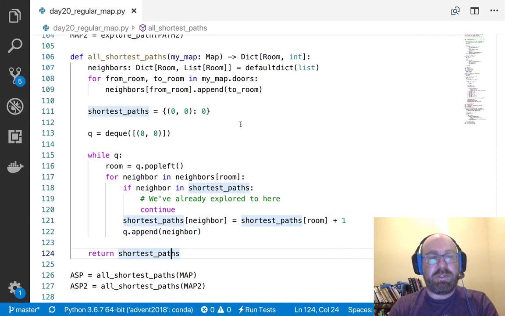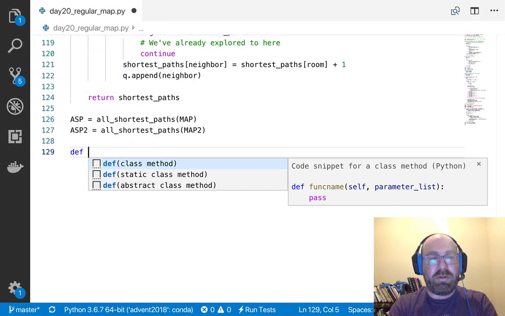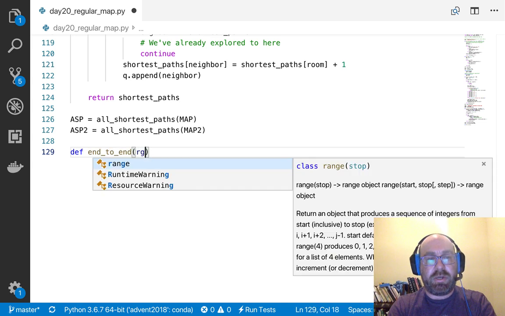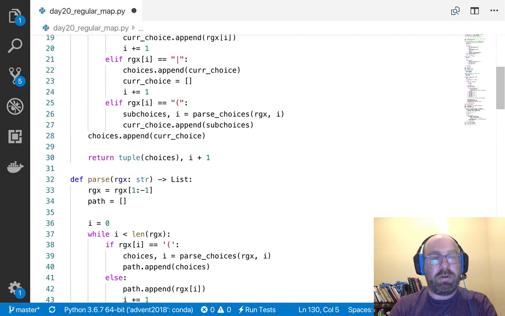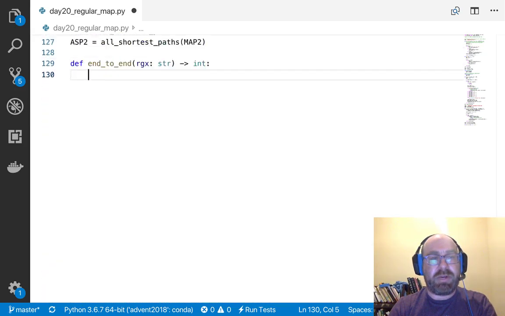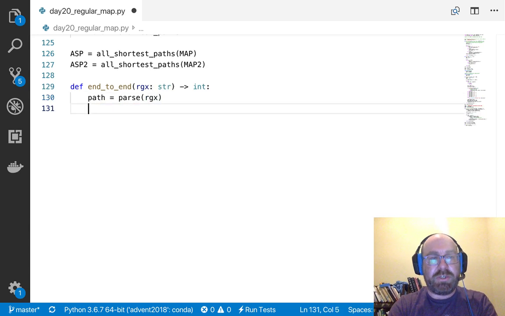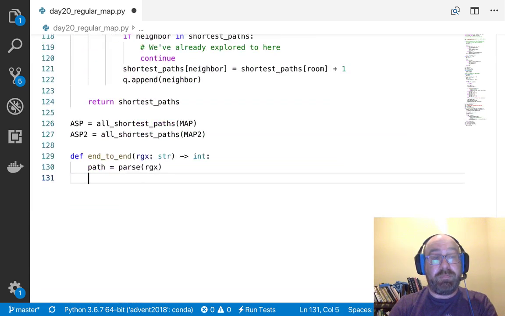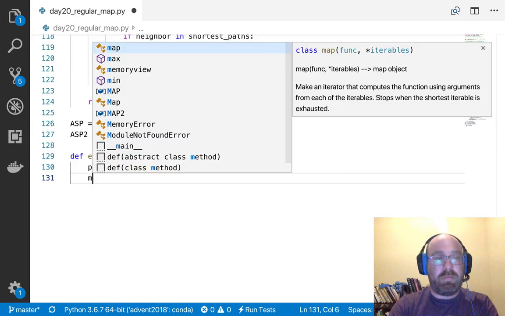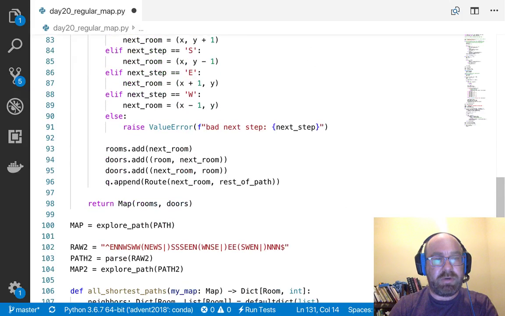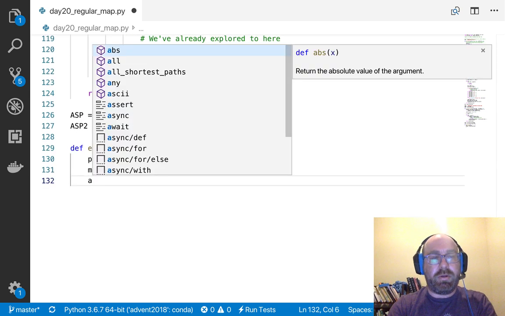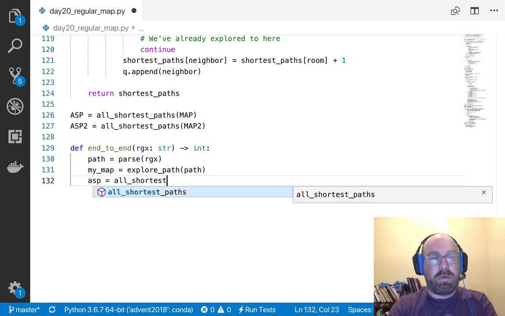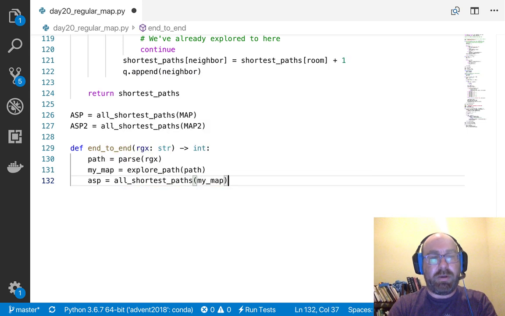So let me define end_to_end, which takes a regex, which is a string, and returns an int. So what we want to do is say, how did I call all of this? If I parse it, it's a path. So path equals parse regex, and my map equals explore path, and then ASP equals all shortest paths from my map, and then I want to return